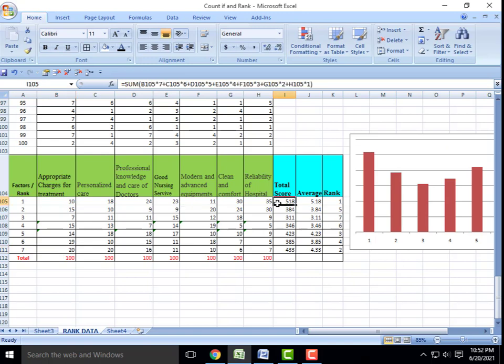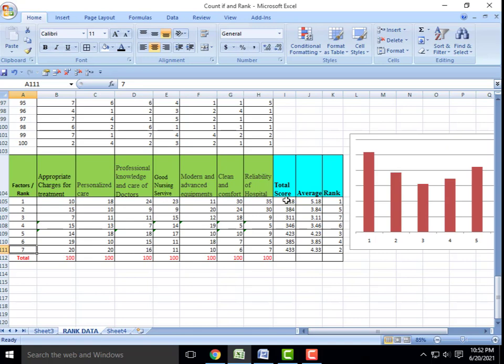After that we want to find out the total score for the rank. So this is the total score of each variable. Now the total score is assigned based on weightage. Here rank 1 gets a weightage of 7, and rank 7 gets a weightage of 1. Based on this weightage we calculate the total score.